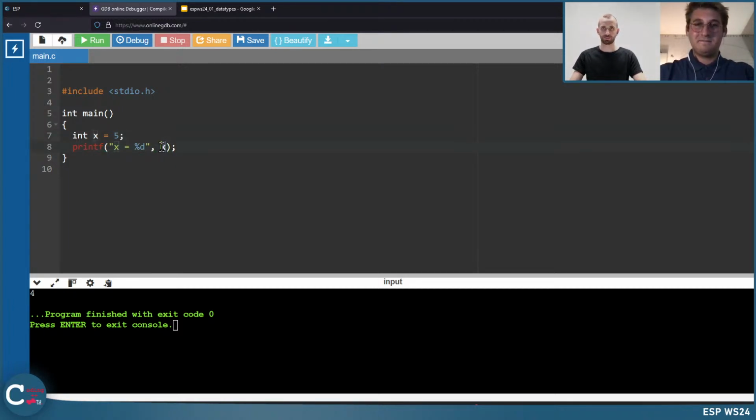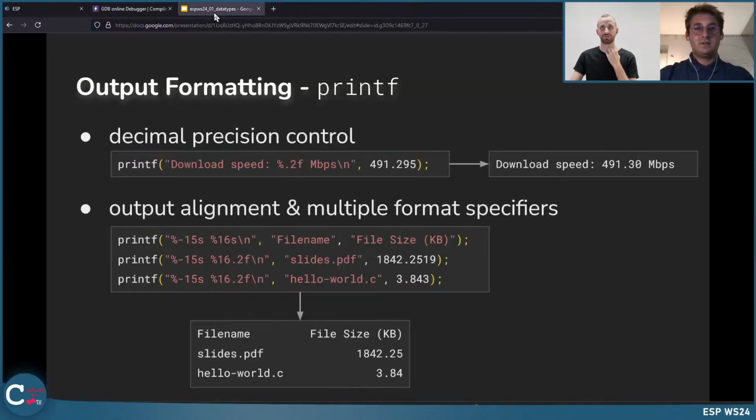So this here means take the variable and put the value into this position in the text. And then, great, it is 5. So this is very, very important to understand. Exactly. It's like a placeholder in the text that is then replaced by the value of the variable.